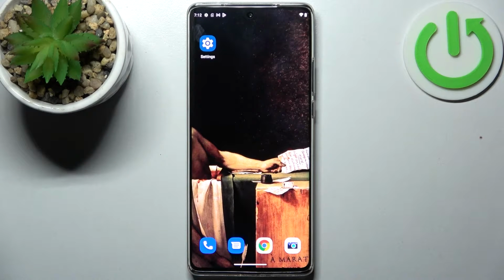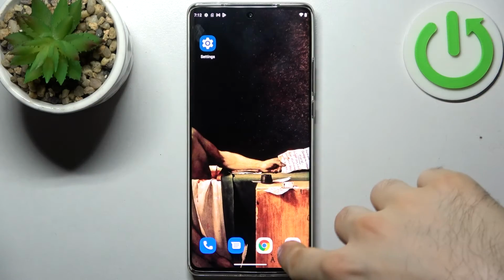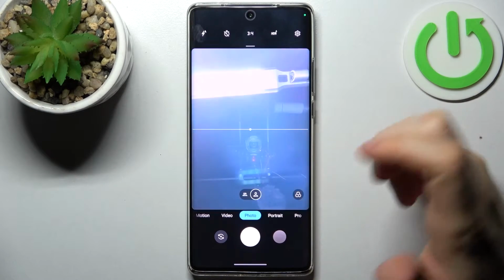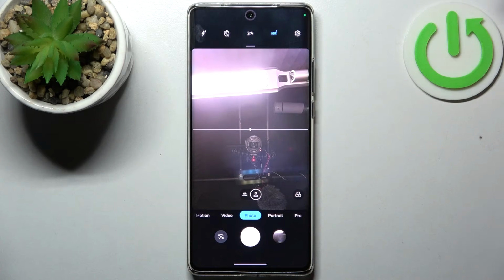Here I have Motorola Edge 30 Ultra, and today I'm going to show you how to turn off front camera mirroring effect on this device. So firstly you have to open camera, then switch to the front camera. So now let's just take some photo just for an example, and now I'm going to show you how you